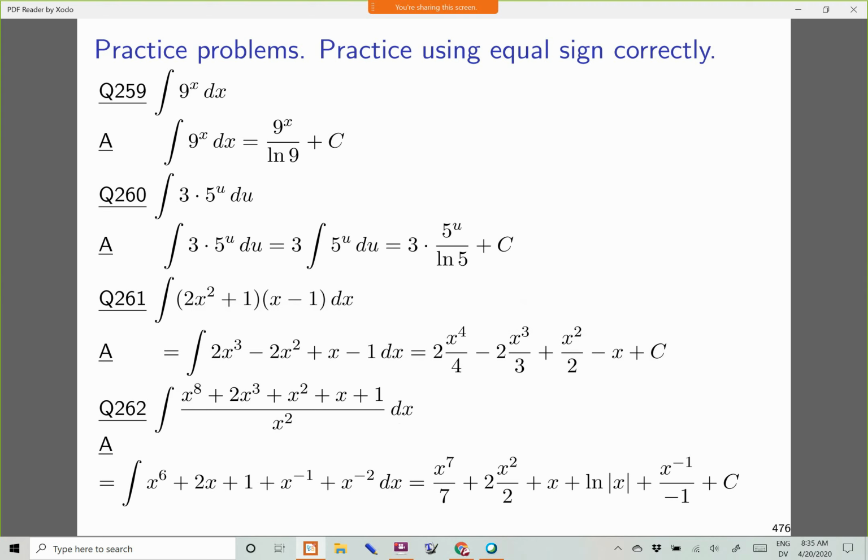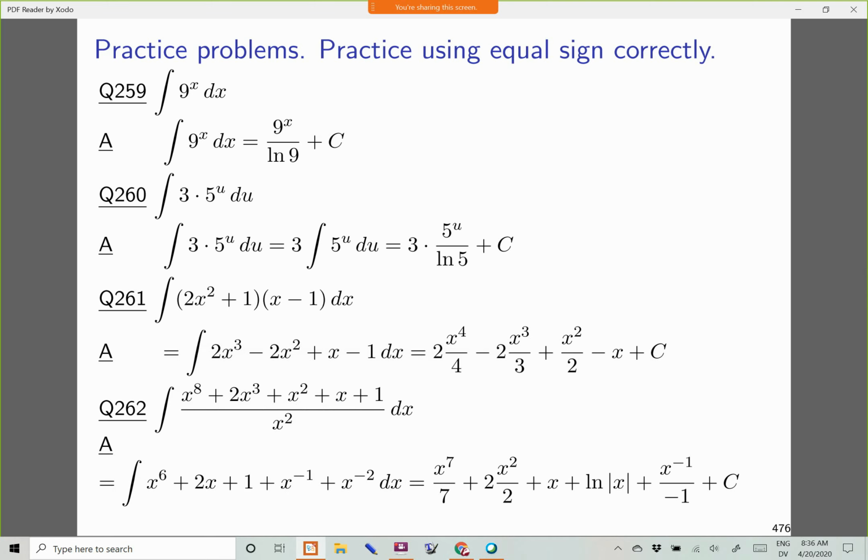I didn't even show both of my algebra steps here, but x to the 8th over x squared is x to the 6th, 2x to the 3rd over x squared is 2x, x squared over x is 1, x over x squared is x to the negative 1, and then 1 over x to the 2nd is x to the negative 2. That was algebra work, and so that's why you still see this antiderivative here. And now that you've got a bunch of separate terms, we can talk about taking the antiderivative of each term